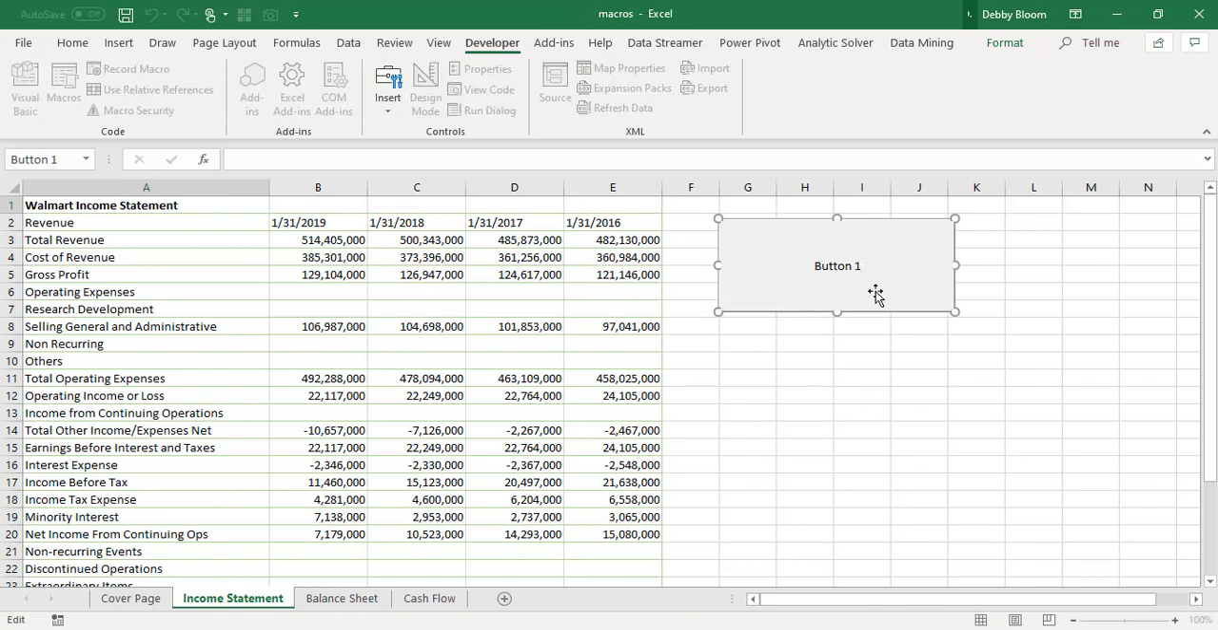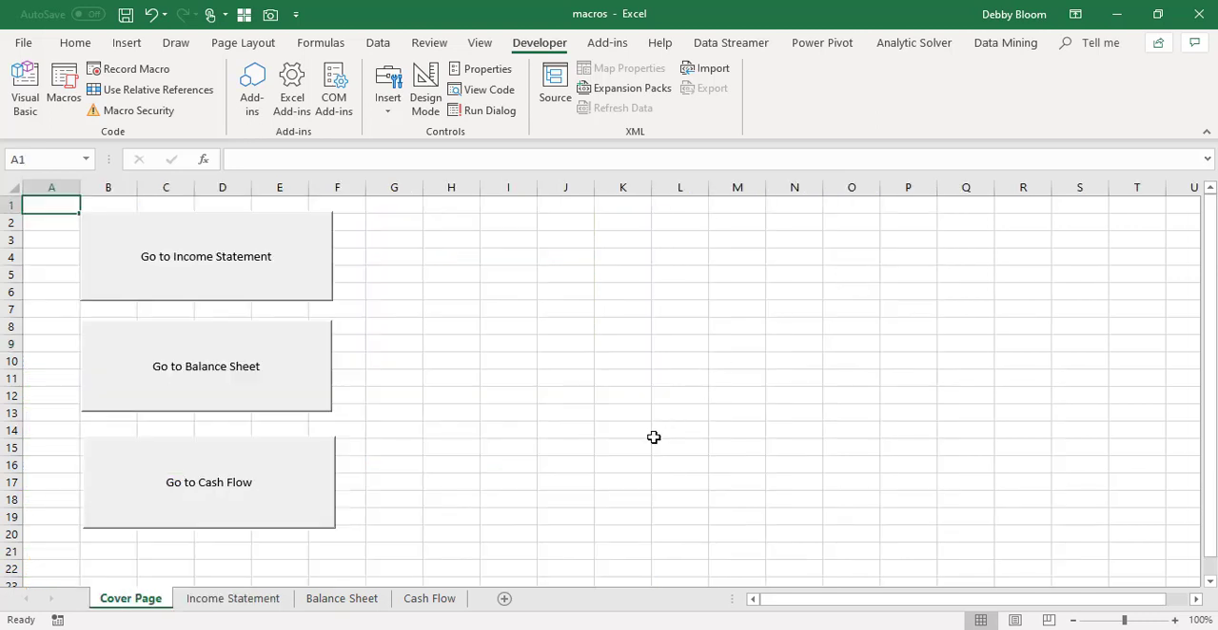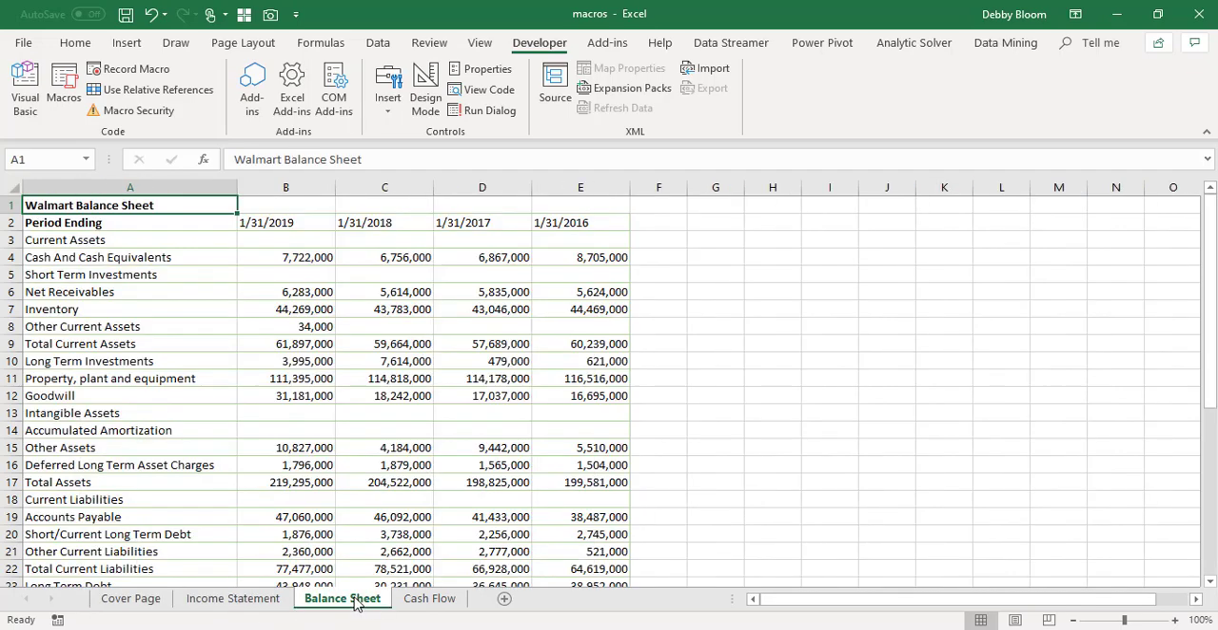Click where it says button 1, delete, go to cover page and click away. And once again, notice now with my income statement, I can click go to cover page, and now I can navigate very easily. I'm going to click on my balance sheet tab, do the same thing, developer, insert, button,